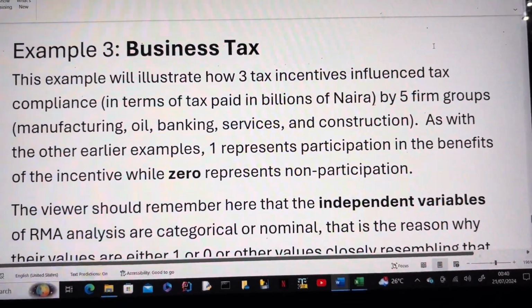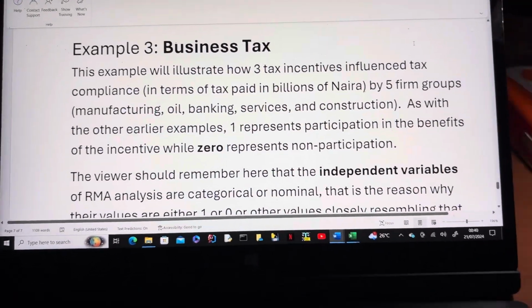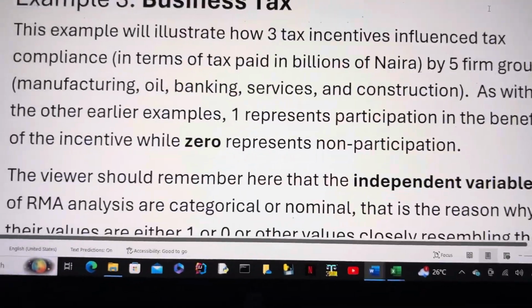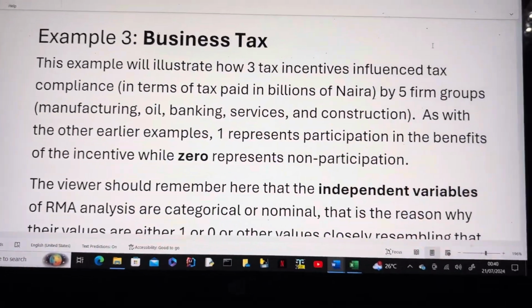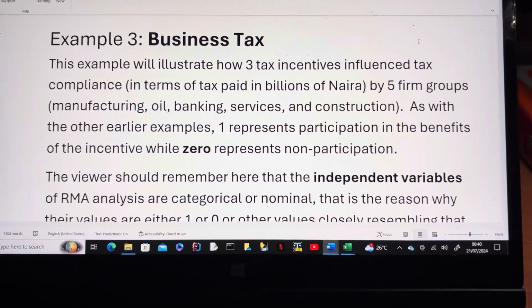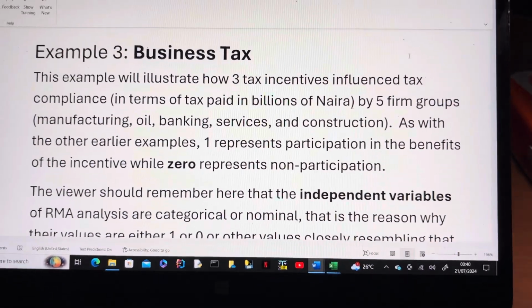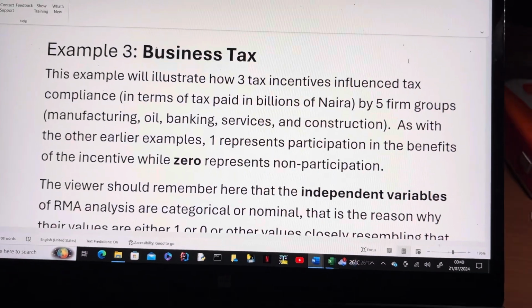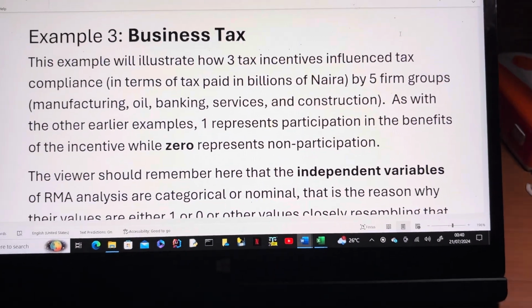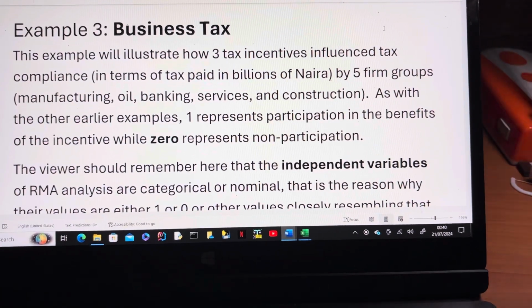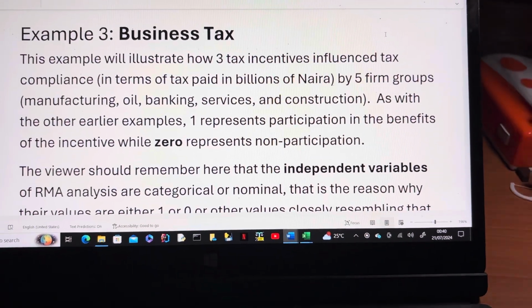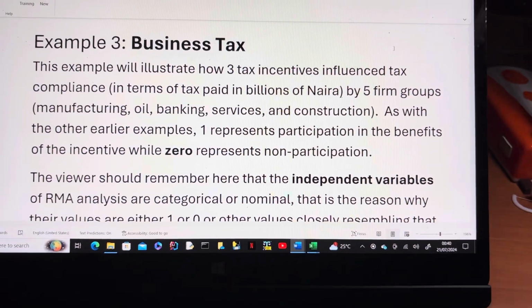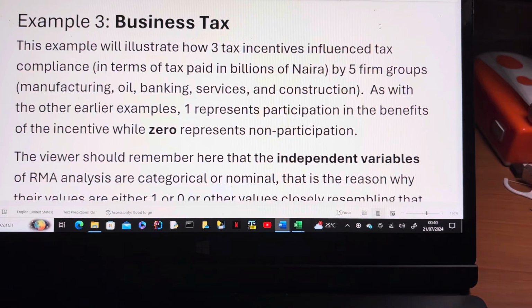Then example 3. Example 3 is on business. The first example is on medical, the other one is on students, and this one is on business, business tax. Now let's see. The example will illustrate how 3 tax incentives influenced tax compliance in terms of tax paid in